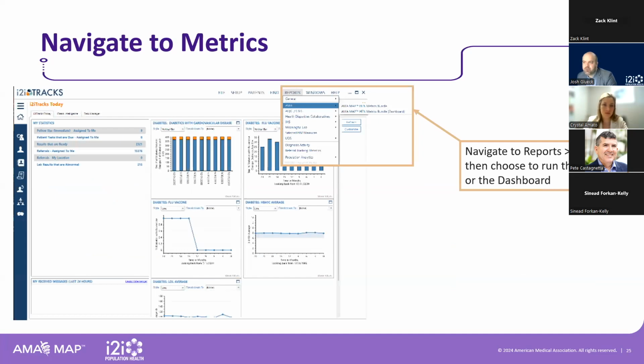If you're not familiar with the report, it is actually located in the report section. I apologize that screenshot came out a little bit grainy there, but in the very top header of your Tracks application, you can navigate to the report section, and there's a drop down that says AMA. Once you click on AMA, you will be given two different options. You can either run the metrics bundle, which is the report version,